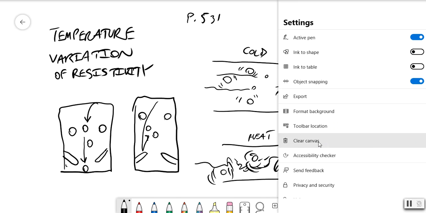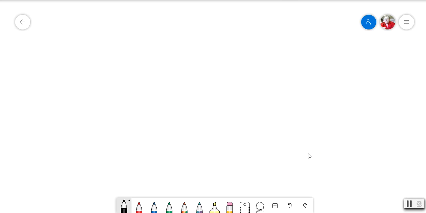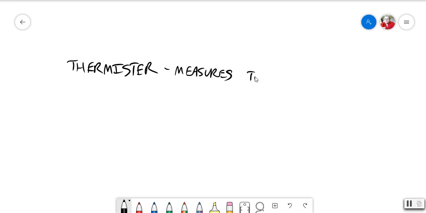How does this apply to your life? Well, every time you go to the doctor, you have something called a thermistor, which means thermal resistor. A thermistor measures temperature